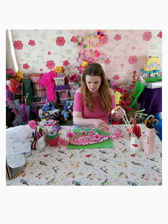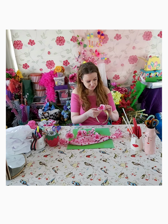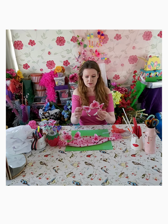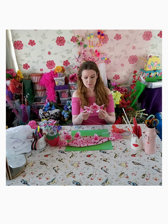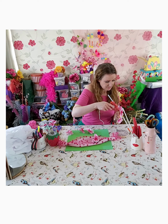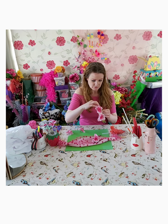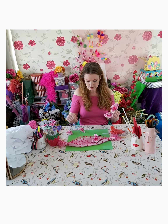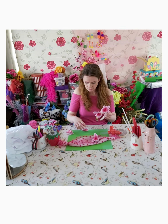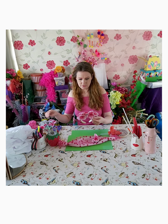So find the biggest flower you have. These are all roughly the same size, but you might have different ones to me. And you want to stick it kind of in the middle. And again, it's just hot glue gun. And then you might want to do the back too, to make the back look nice. I always like making my backs look nice. So you'll need a couple more flowers for the back. And you just dab along your hot glue and cover over the back. Make the back look pretty as well. There we go. Okay, so